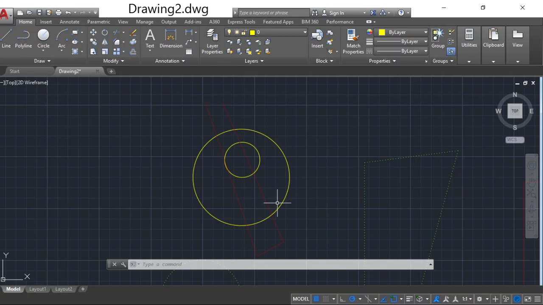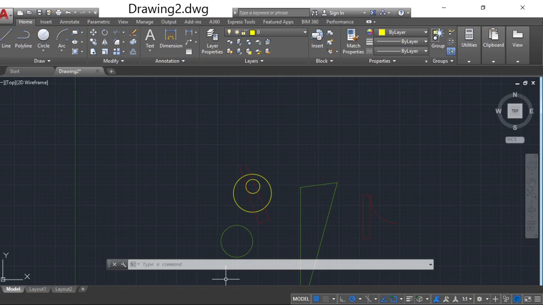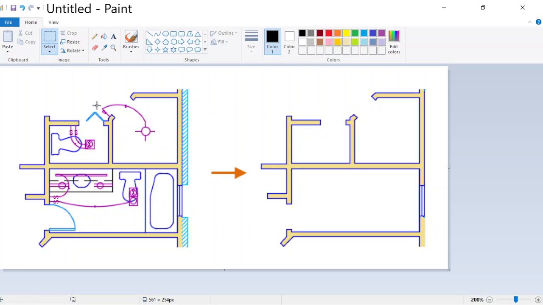By using these layers we can make drawings. In this particular image you can observe one drawing, where the parts are differentiated with different layers.